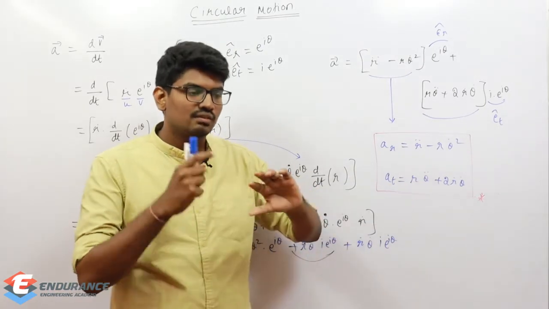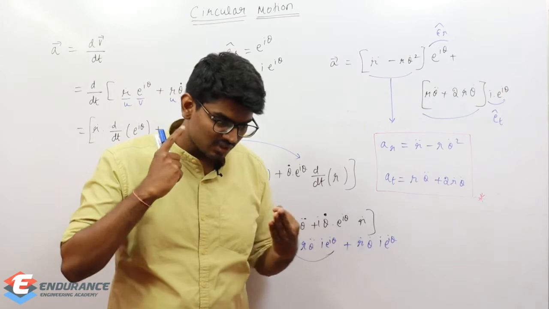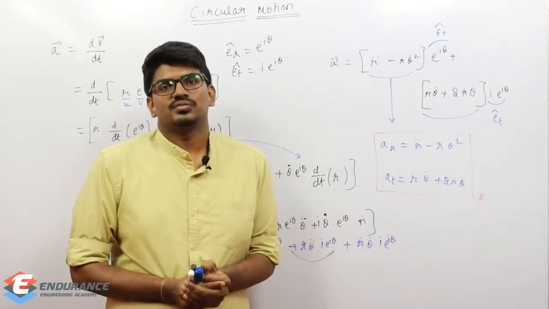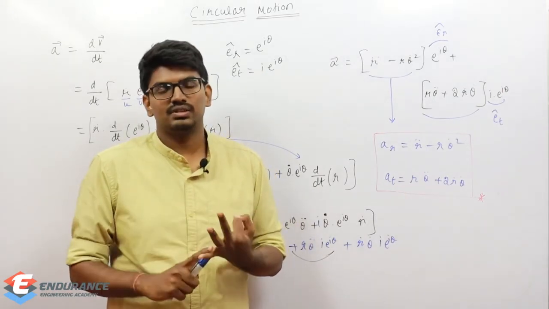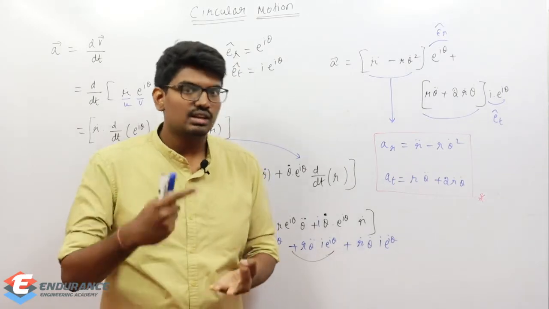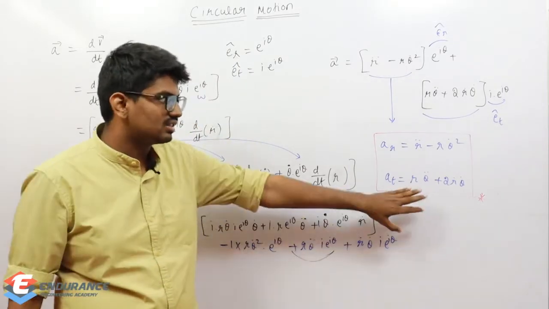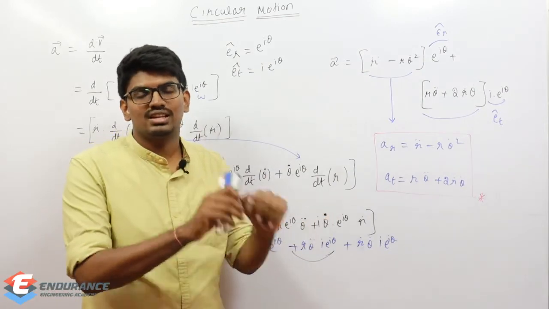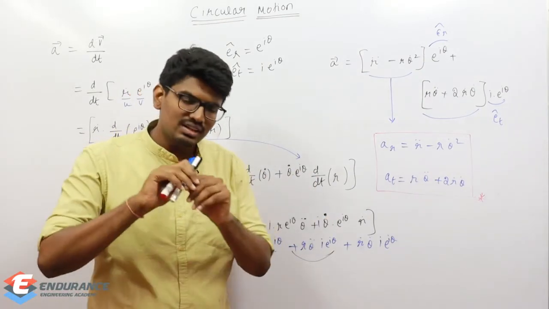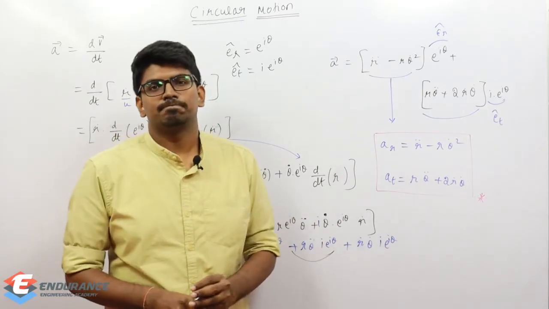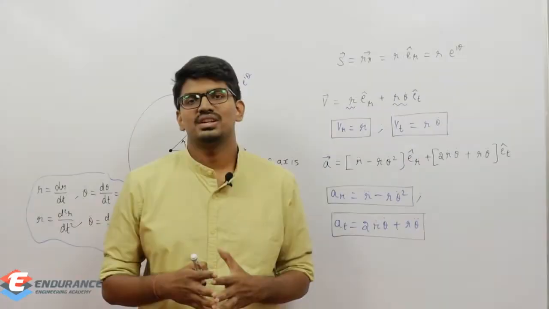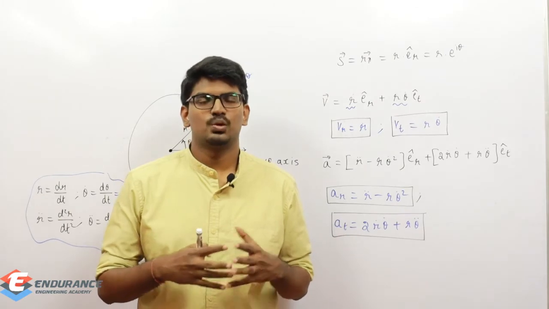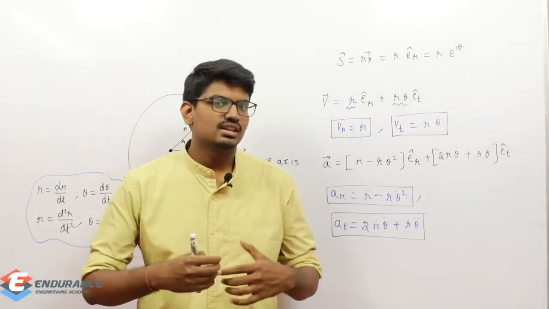So first we got three vectors. One is the position vector, or displacement vector, and we got the velocity vector in polar coordinates, and also now we got the acceleration vector separately, radial component of acceleration and tangential component of acceleration, velocity also, and similarly we got it for displacement also. So let us complete our discussion on the polar coordinate system for a general motion.